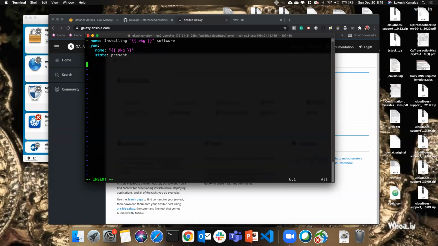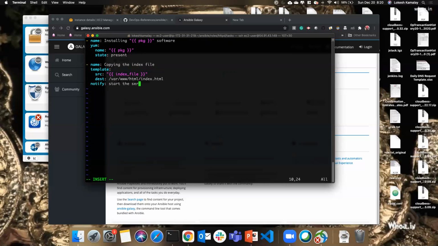So now I also have a copy task, right? So this would say copying the index file. So I'm going to take the template, not the copy. Source will be, I would say, index file. I'm taking two variables here. Destination is going to be /var/www/html/index.html. That is the template, and I'm going to notify this